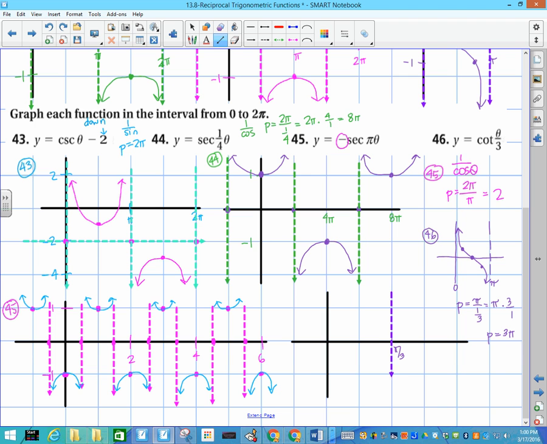So I'm going to put my asymptote here, and that's also at 0. That's the beginning. Then halfway, I have a 0, and halfway to the left, I have a 1. I go up, and halfway to the right, I go down. And so this is my graph